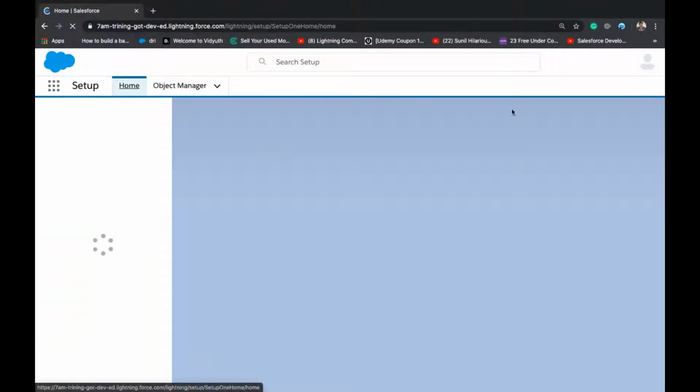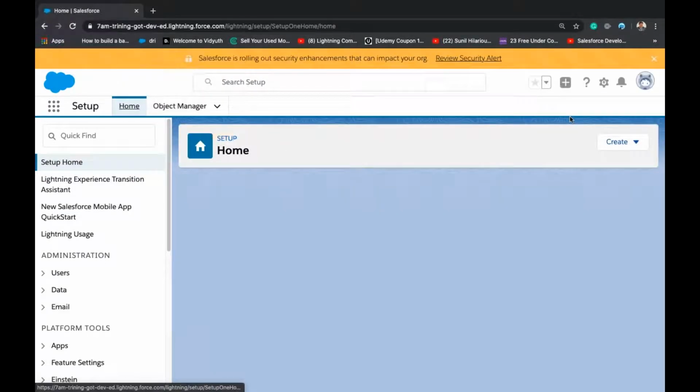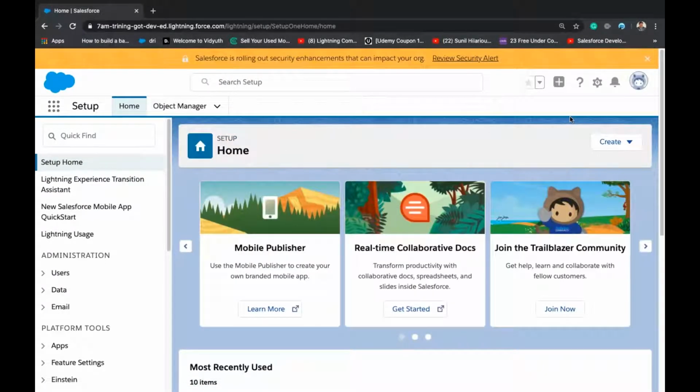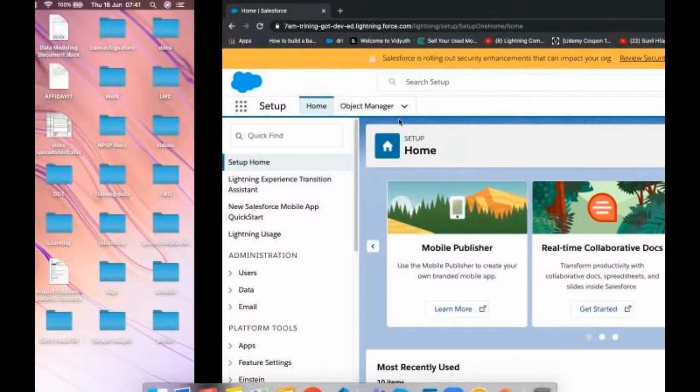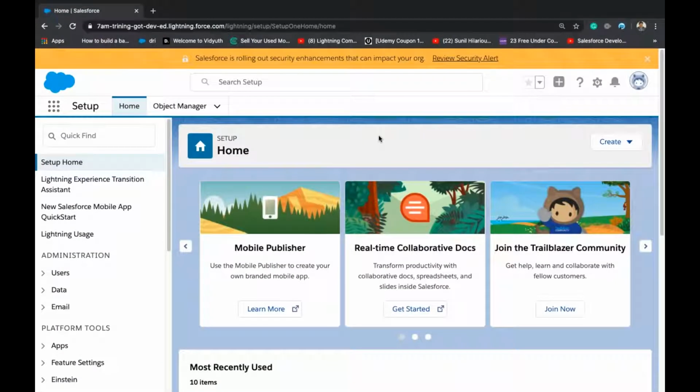So today we will go completely hands-on. Generally, when we talk about the requirements, we have already developed a trigger with two scenarios.